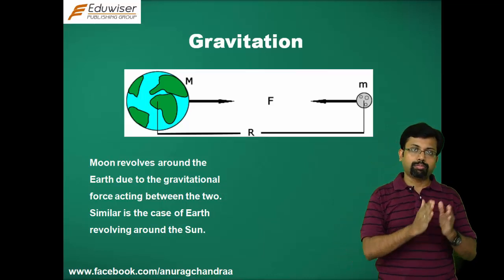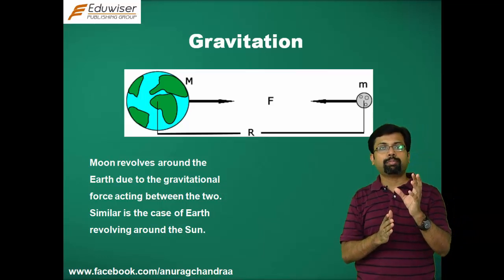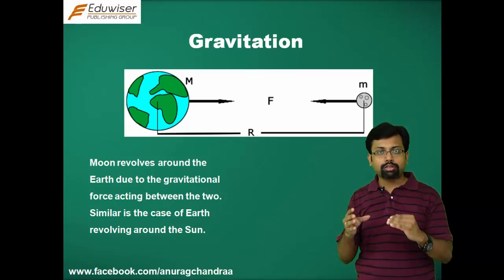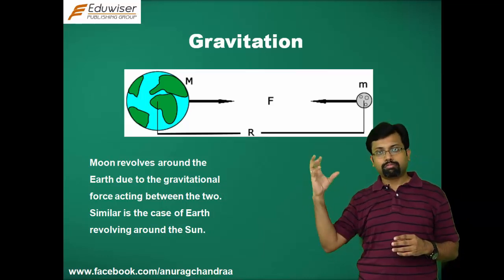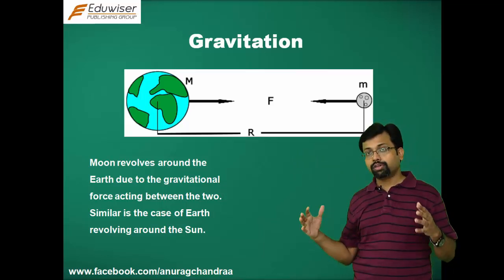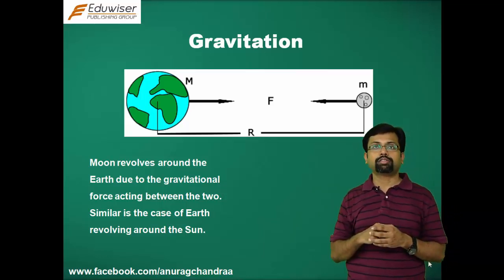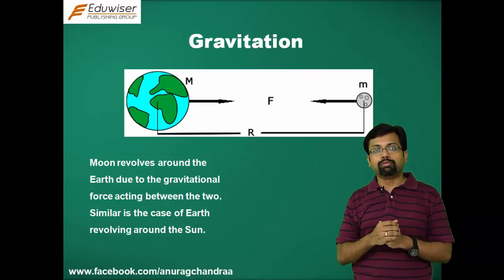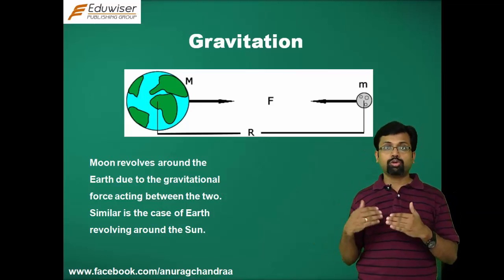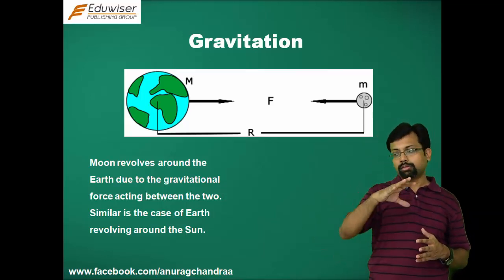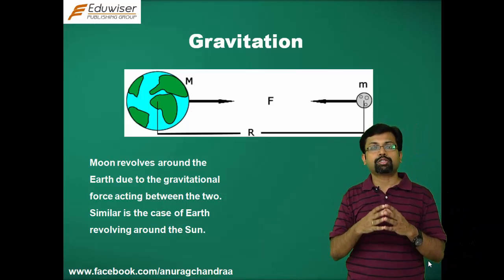If the force between the earth and the moon is constant, the acceleration would depend on the mass. Greater the mass, smaller the acceleration. So compared to the earth, the mass of the moon is very small, so it moves around the earth. But the mass of the earth is so large in comparison to the moon that the acceleration it experiences as a result of the force of attraction with the moon is too negligible to be identifiable. So the earth also experiences the force, but the acceleration it experiences due to that force is very small.